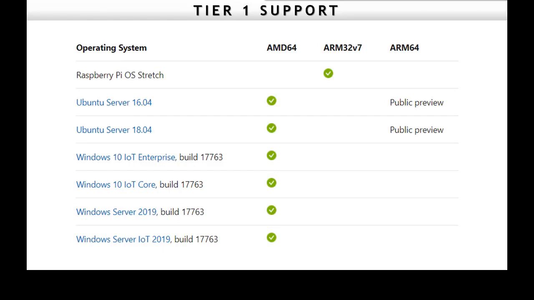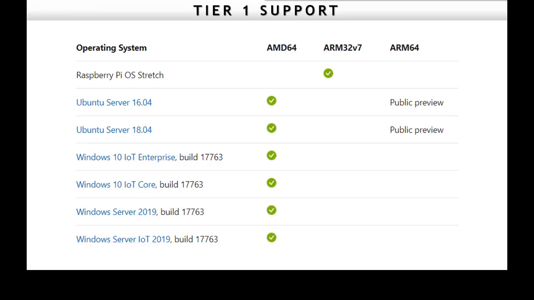So to install the runtime to your IoT device might take 2, 3, maybe 4 commands, and you are done. That's why we have Ubuntu Server 18.04 here, but you don't see Debian here. So when I saw that, I said, OK, I'm going to download Ubuntu and start from scratch. Which I did, but I guess I didn't